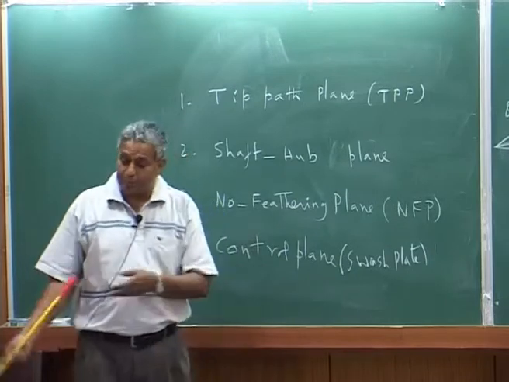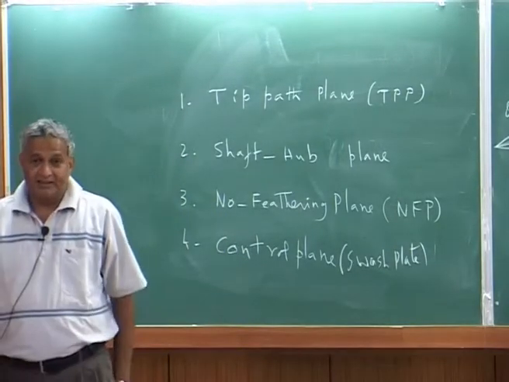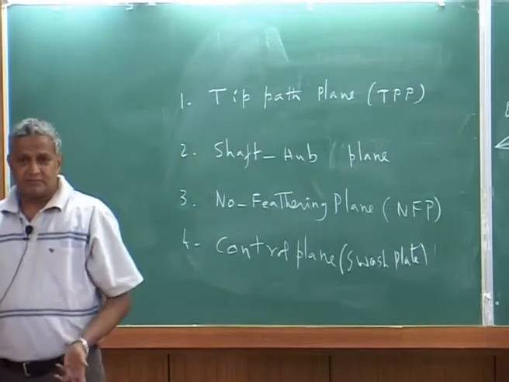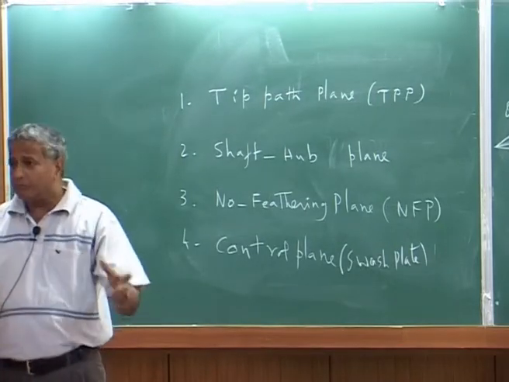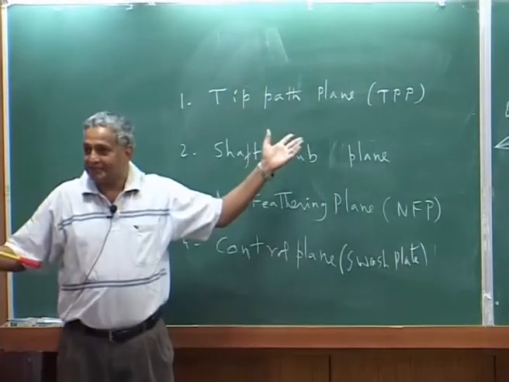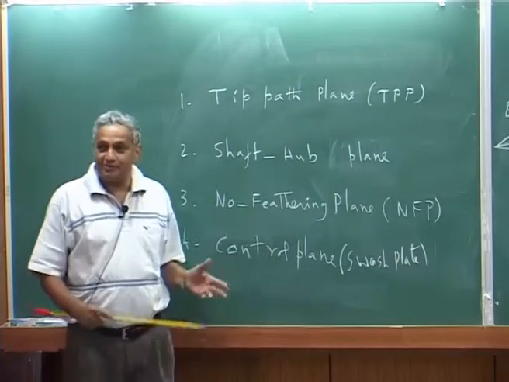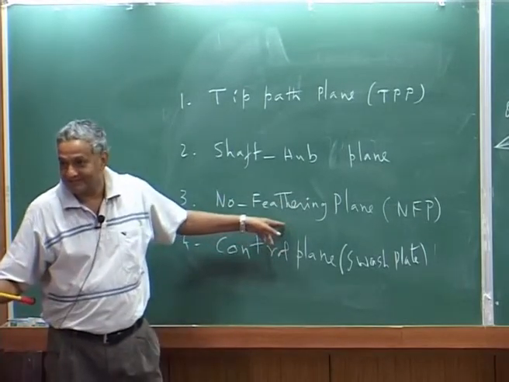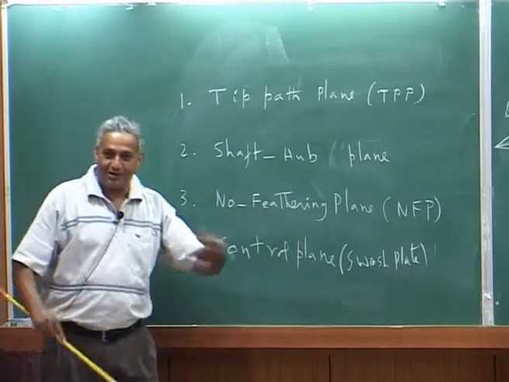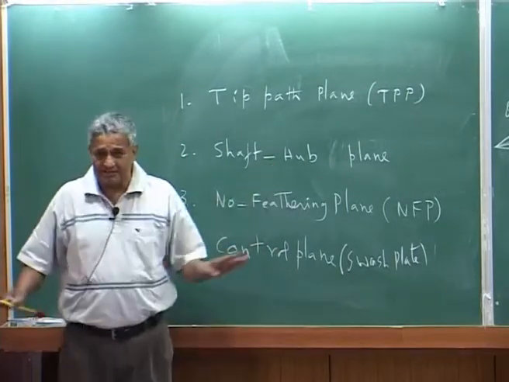Your blade will have both flapping as well as feathering. That means you have to take both of them into account. The expressions become more complex. On the other hand, if you choose this plane, there is no flapping, only feathering. If you choose this plane, there is no feathering, but there is only flapping. Okay. So, one of them can be made simpler, but here you have to consider everything,